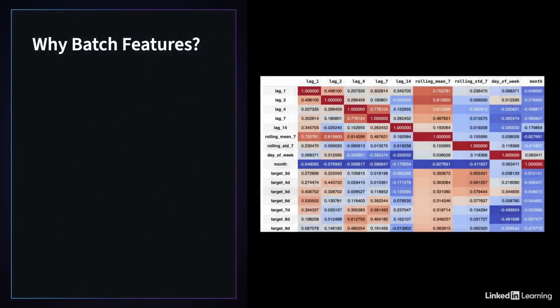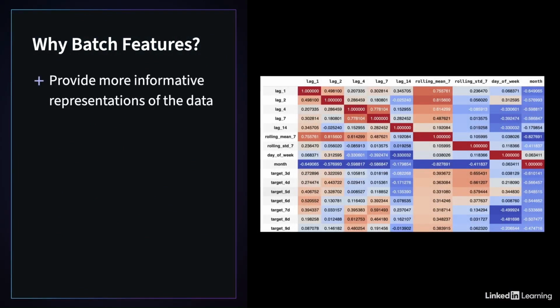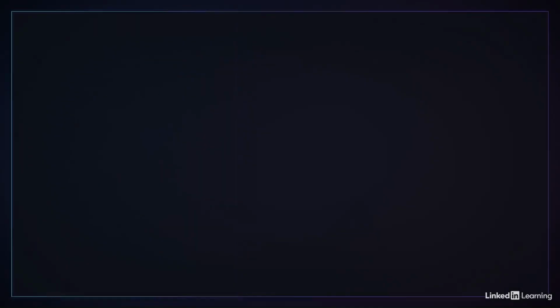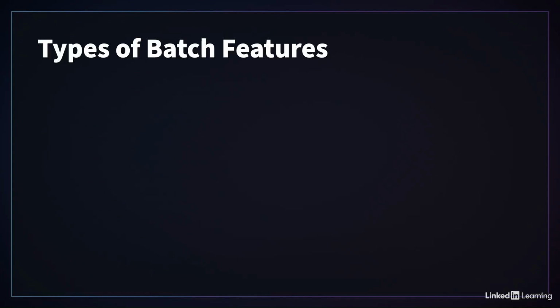Why should you use batch features? They provide more informative representations of the data. Batch features capture domain-specific insights, and they improve accuracy and generalization. Batch feature processing allows handling very large datasets. And there are actually different types of batch features. For example,